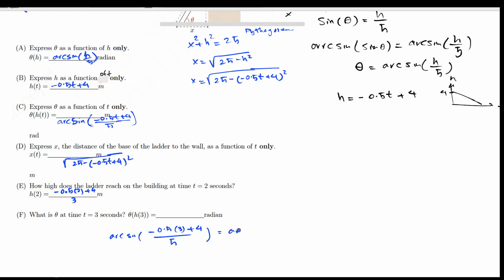And that gives me arc sine of negative 1.5 plus 4 divided by 5, arc sine of 2.5 over 5, which is arc sine of 1/2. And I know the angle whose sine is 1/2 is pi over 6. And that's my